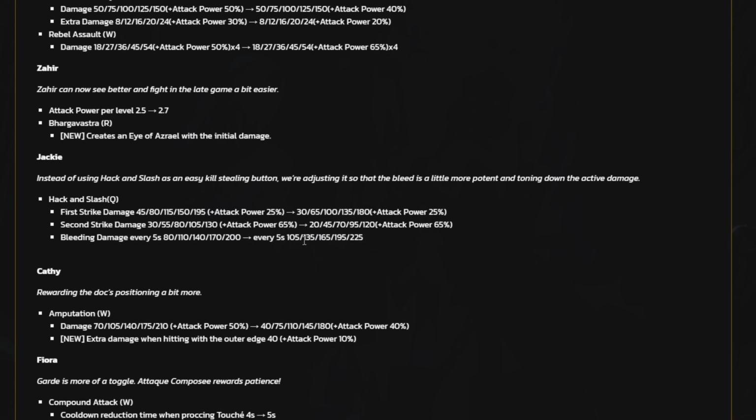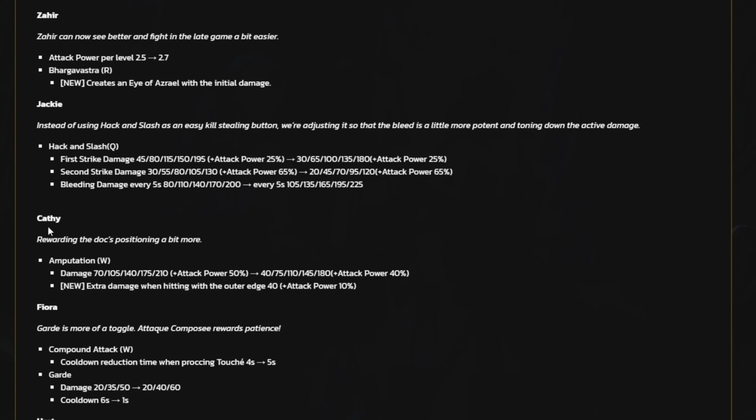So the bleed is going to be stronger at all ranks by a flat 25 additional. And the first strike damage is losing roughly a flat 15 for the first strike and roughly a flat 10 for the second strike. But man, it is gaining a lot of bleed. This is a little scary. We'll see. Kathy, rewarding the doc's positioning a little bit more. Amputation, the W is going to...